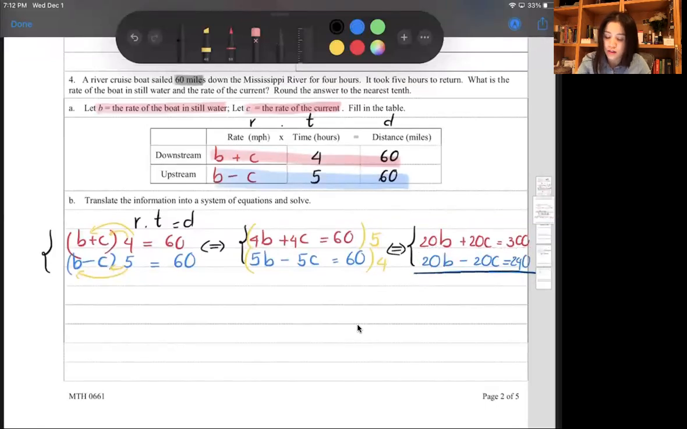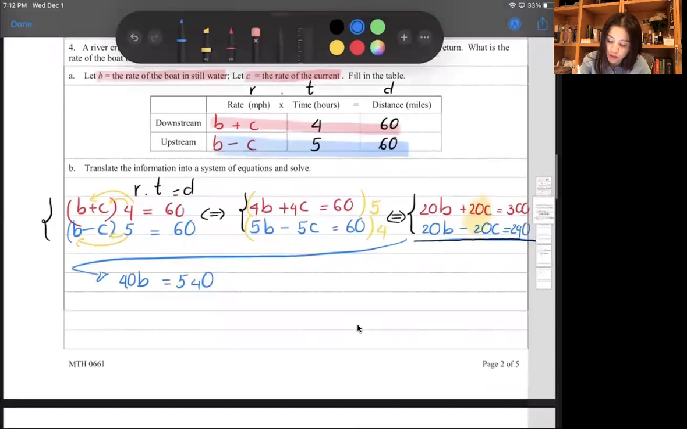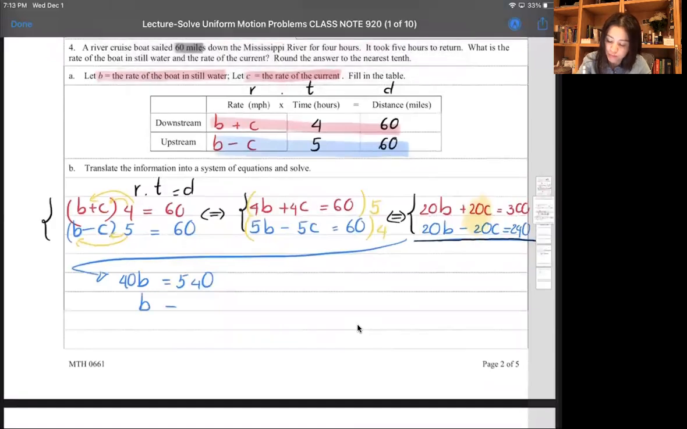All right. Now 20c and minus 20c is gone. And I have, add, now I got, maybe I'll go over here. I got 40b equal 300 plus 240 is 540. Divide both sides by 40, b equal,